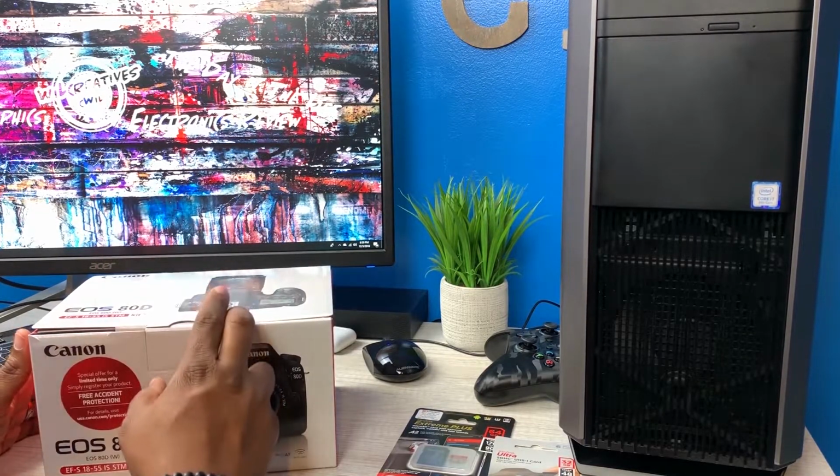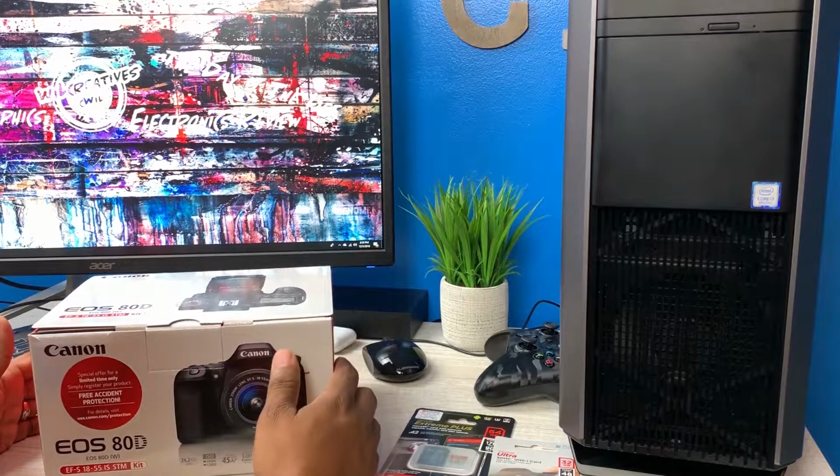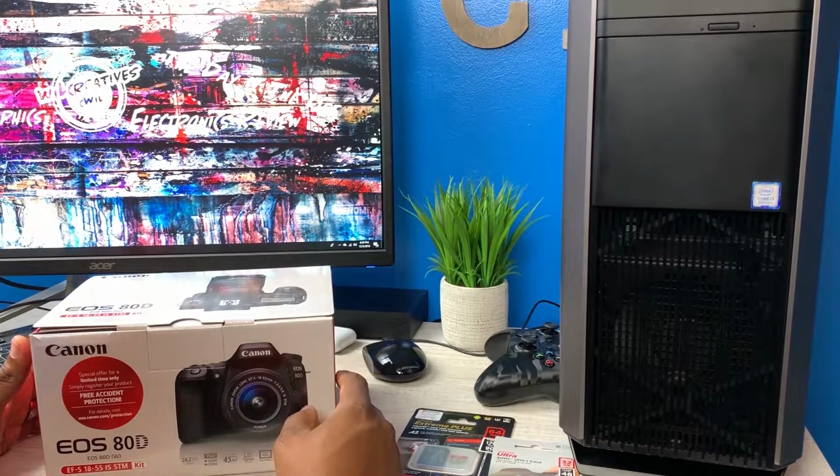So the camera that I was using before this was the Canon T6 Rebel series, and that was a great camera for taking pictures, stuff like that. Not so great for taking videos. So this particular unit, definitely,